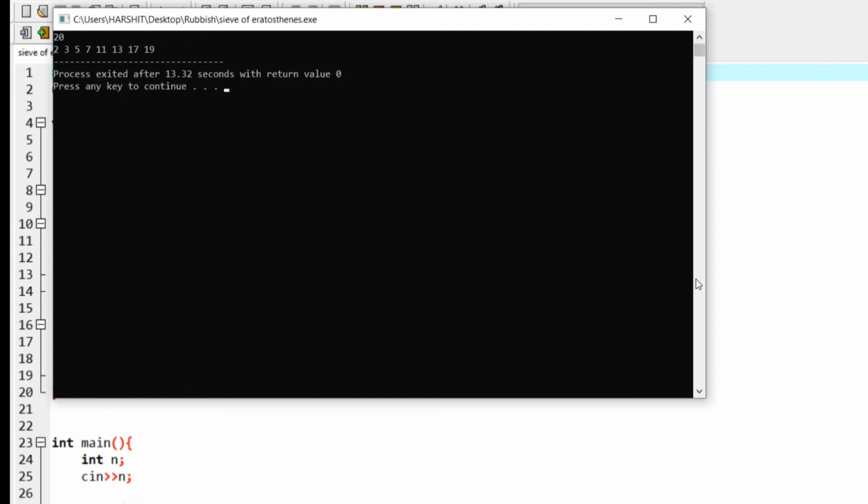Okay, so if we solve it using a simple prime function, then it will take O of n squared, but using the sieve of Eratosthenes algorithm, the time complexity